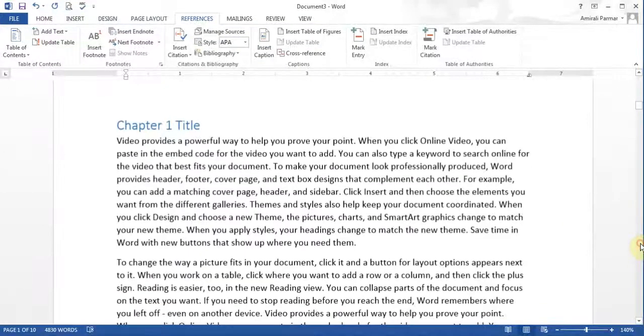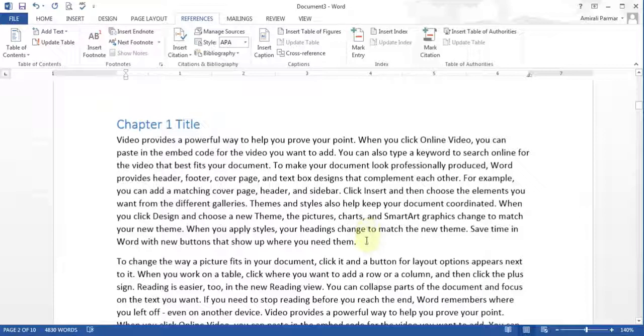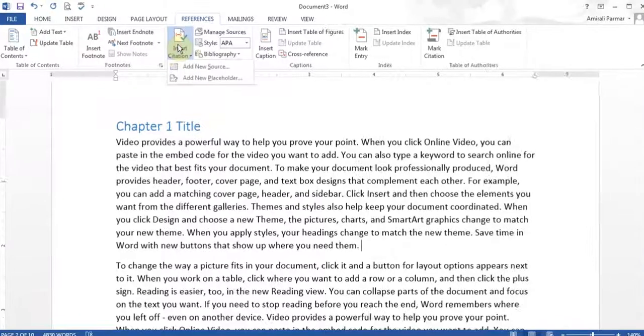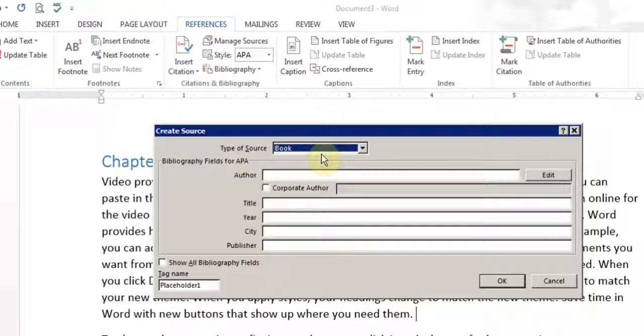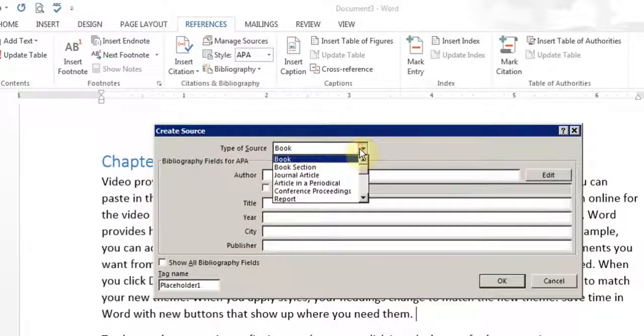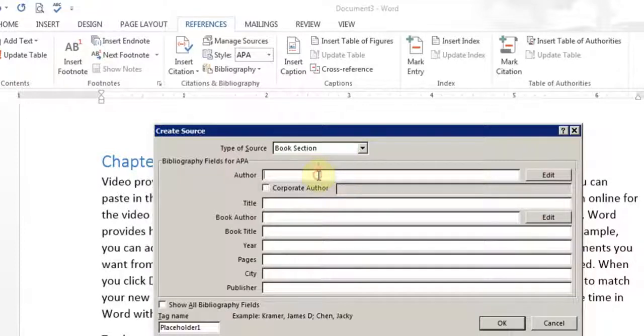So I'll just come down to here and say up here I want to say that I got some information here from a book. So I can go to insert citation, add new source, and now this is the book. If it was like a book section, then I can choose book section, and then I can click and I can put the name of the author, the title of the book,